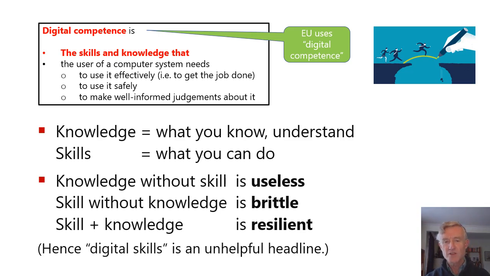Having useful skills but without underpinning knowledge is kind of brittle, because the skills tend to be bound to particular technologies or ways of doing things. And when that changes, if you don't have any underpinning knowledge, you're a bit stuck. But if you have both skills and knowledge together, you are resilient to successive waves of technology. You can adapt and replan.